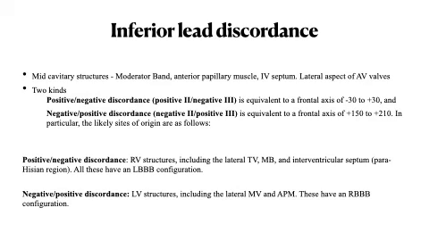Two kinds of inferior lead discordance are noted: positive-negative discordance, which is a positive deflection in lead 2 and negative in lead 3, and negative-positive discordance, which is negative in lead 2 and positive in lead 3. Positive-negative discordance is seen in RV structures and the interventricular septum, while negative-positive discordance is seen in